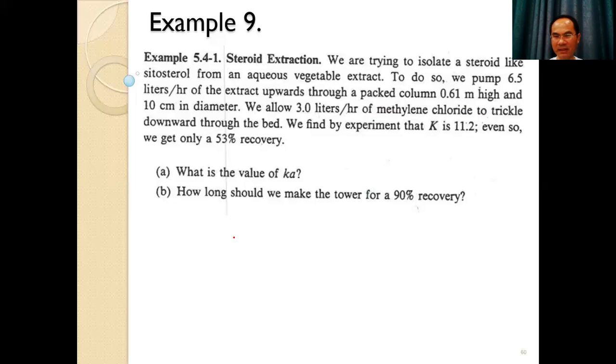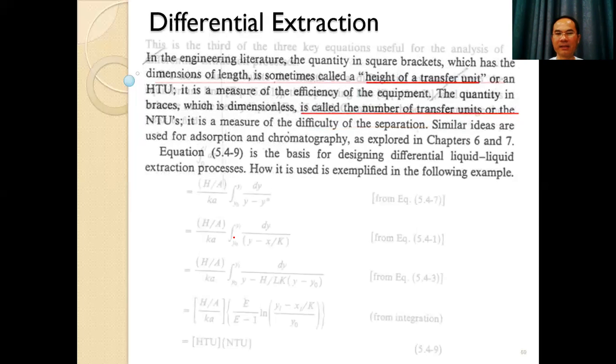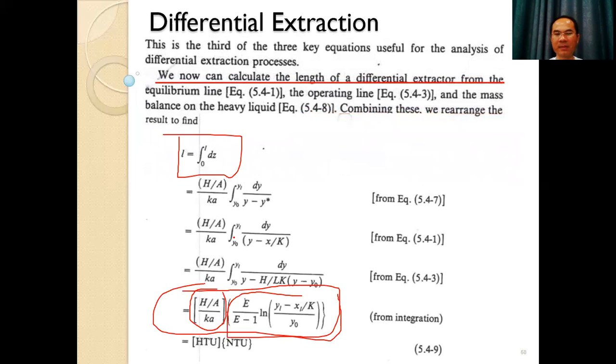And I talked to you previously. The length is equal to the height of transfer unit multiplied by the number of units. If the height of transfer unit is higher, the length is higher, and it will increase the separation efficiency. Okay. For this case,